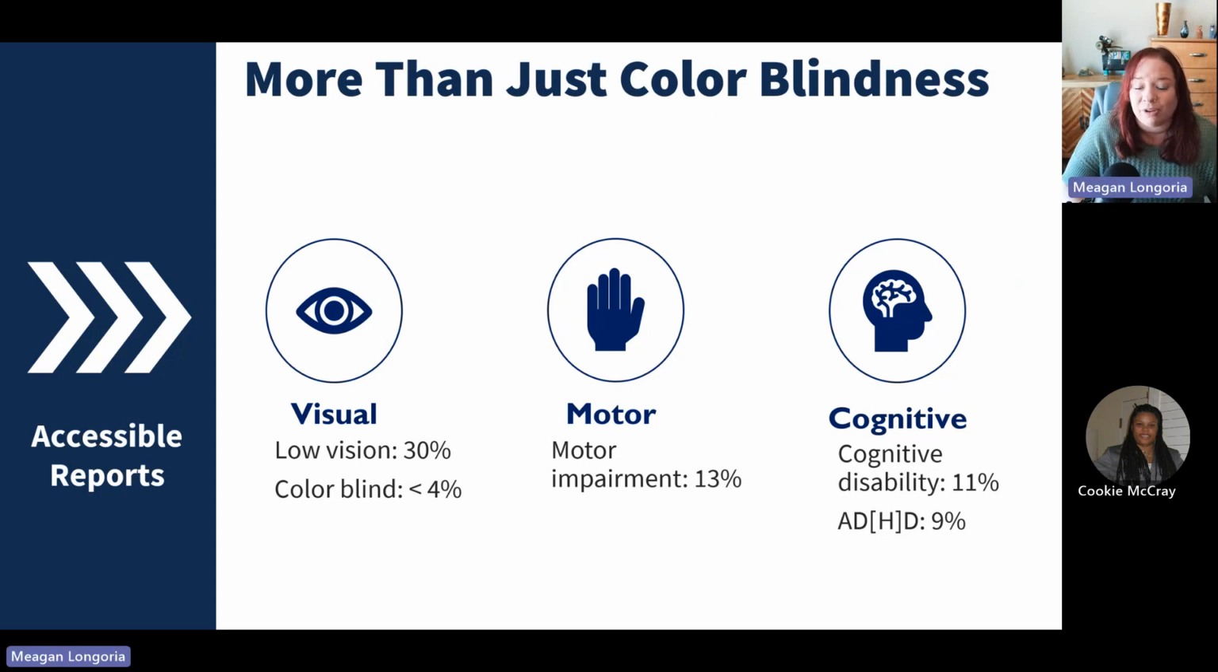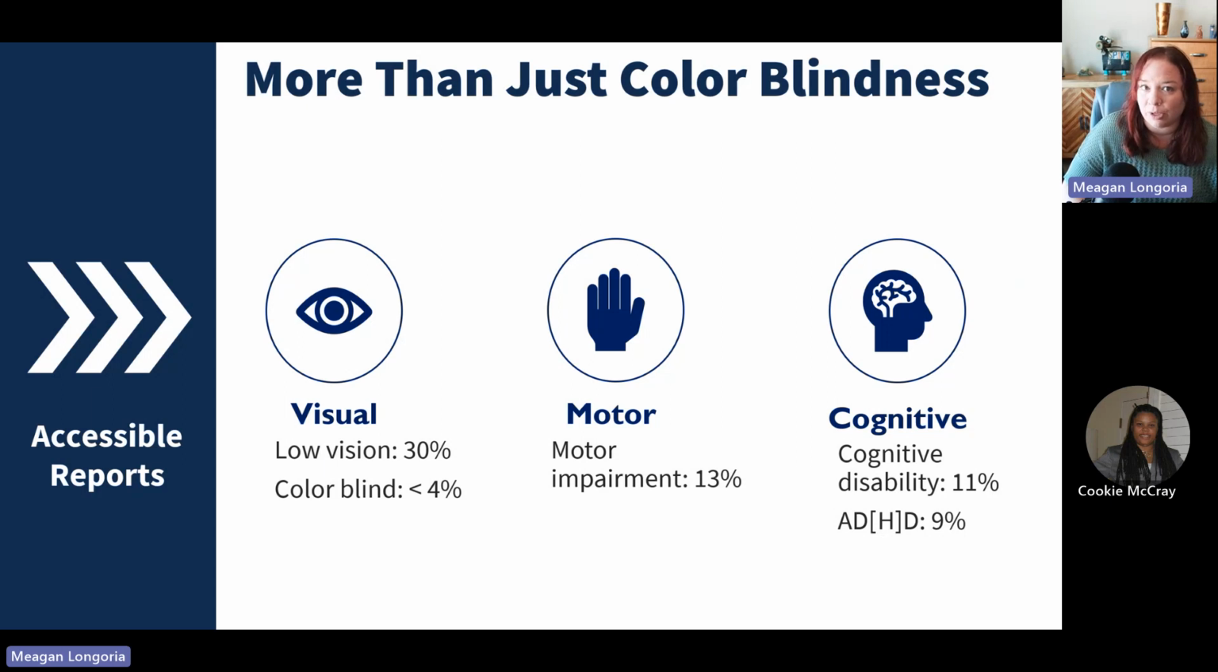But low vision just on its own is more like 30%. 13% has a motor impairment. 11% of people have a cognitive disability. 9% of people have ADD or ADHD. So while it's good to learn all about color blindness or color vision deficiency, we'll talk about my soapbox on that in a second. There are lots of other people who may have invisible disabilities that you're not aware of,